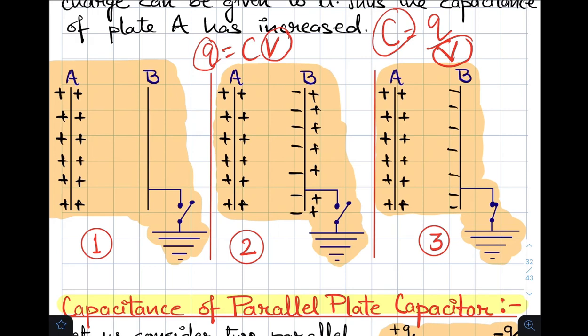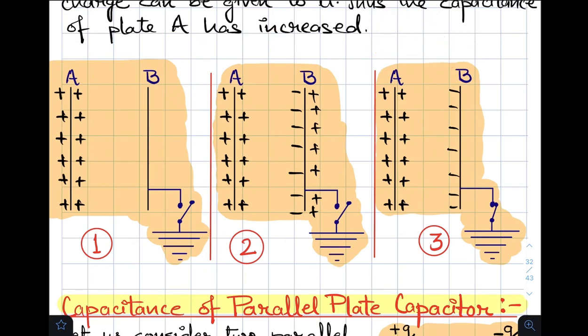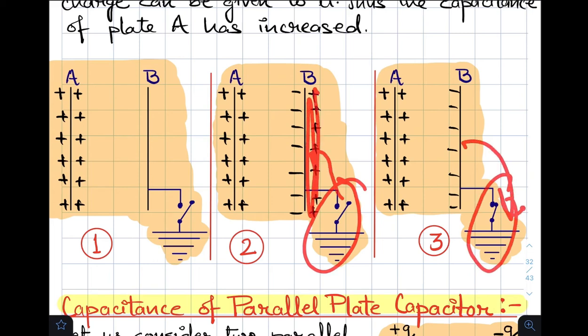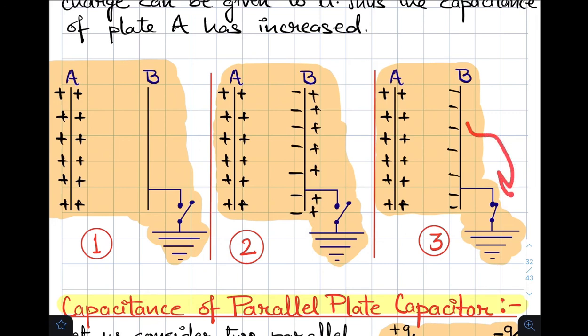Basically, I have some charge, but to this system this charge appears to be less than what it can accommodate. Now when the charge is less than what I can accommodate, I can accommodate more charge, and therefore this capacitor can have more charge in it. Now if I earth it, all the positive charges move to the earth. The positive charge cannot move out, so electrons can come in to take the place.